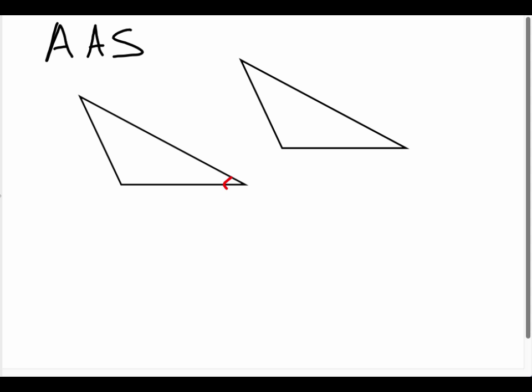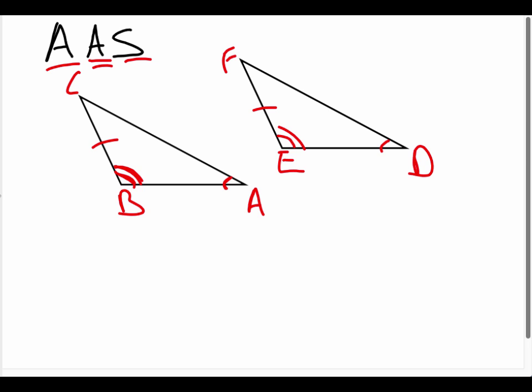If this angle is congruent to this angle, and this angle is congruent to this angle, and then the remaining side is congruent, then it would work, right? So we would have an angle, then another angle, and then the side. Okay? And the way this one works is, if I say A, B, C, and this is D, E, F,